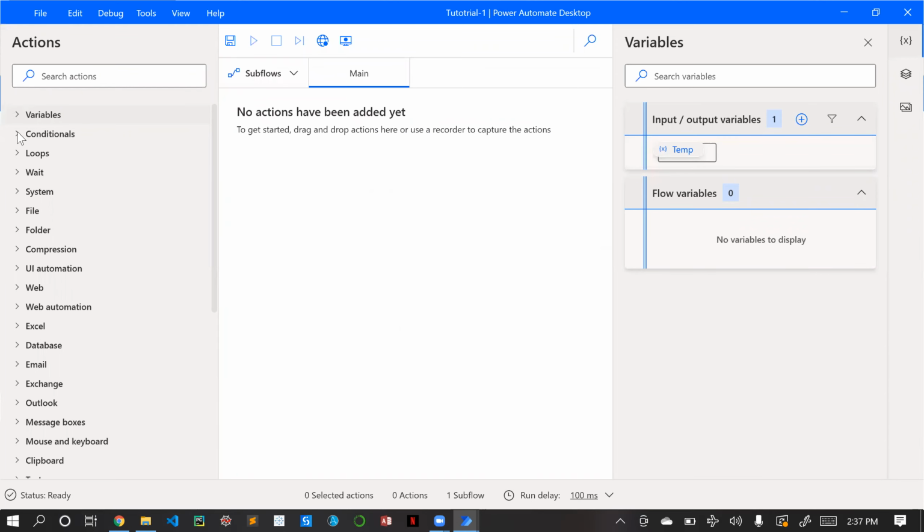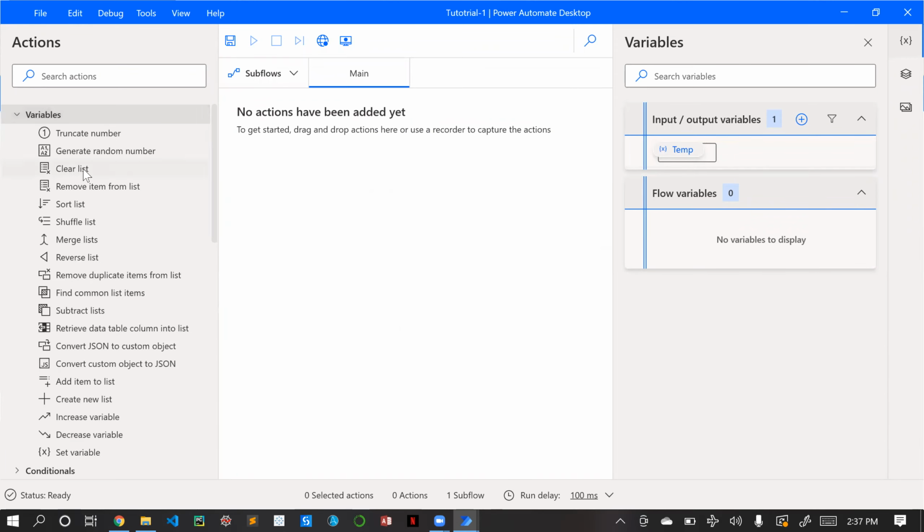If we just open the variable, here is a surprise. Even when I saw this the first time, I was like, what is this, man? So many functions they have given inside a variable. Normally why do we use a variable? To store some data, for temporary purposes, for a long time, or for runtime. For storing or manipulating data in Automation Anywhere, we have variable operation. In UiPath we have the assign activity, but in Power Automate we have something known as set variable.